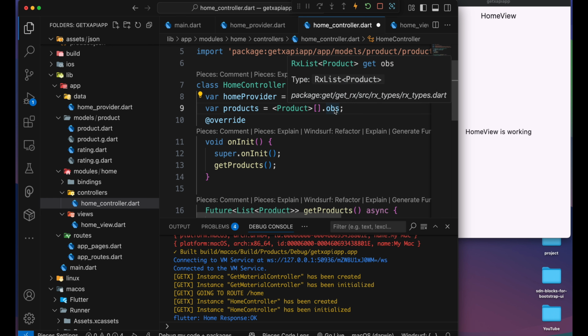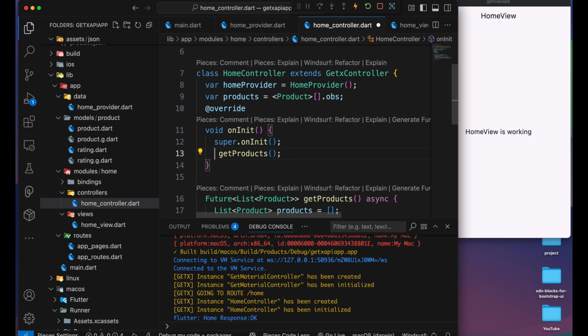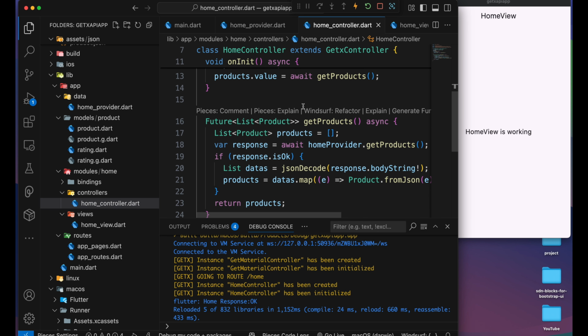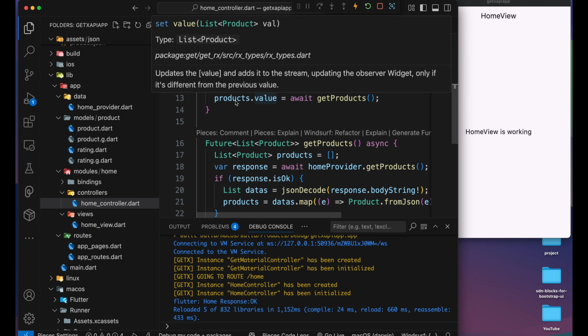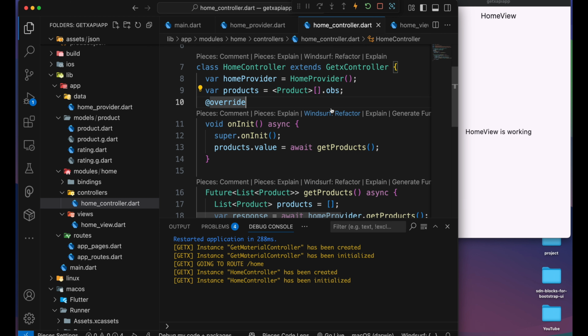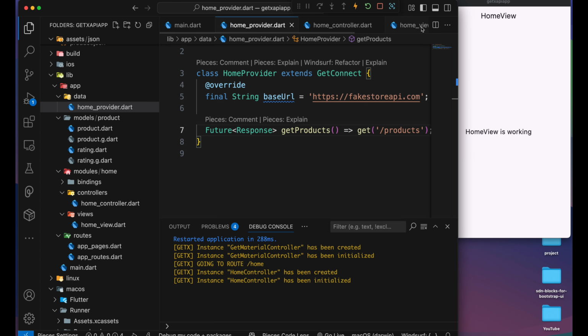Because this is the actual observable state which is required to initialize the data. So once our data is initialized, the data is set up here. This time I am using async. This async is required to initialize the data in the product object. Once it is set up properly, we can get the data and set up our UI